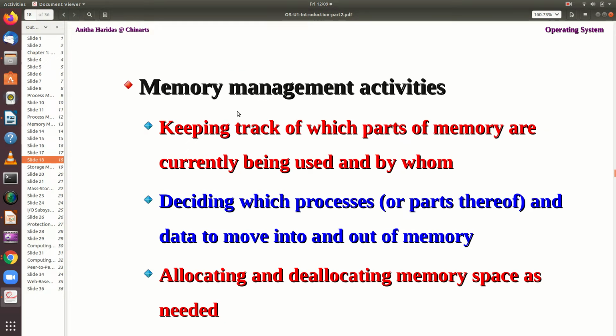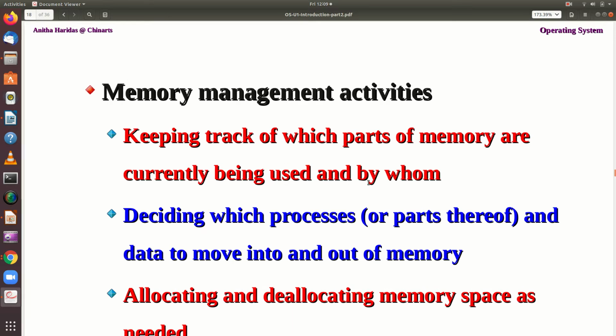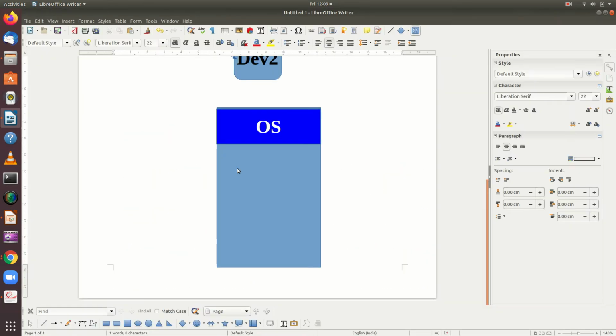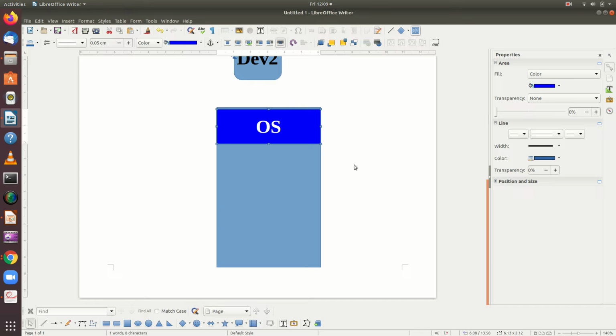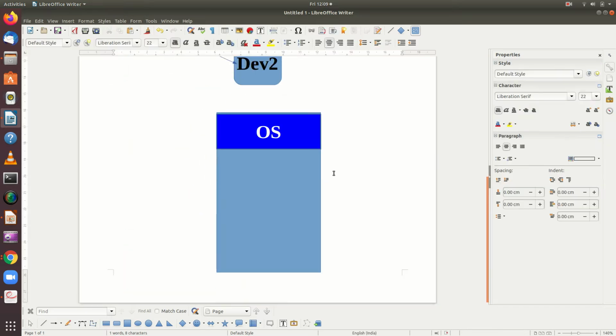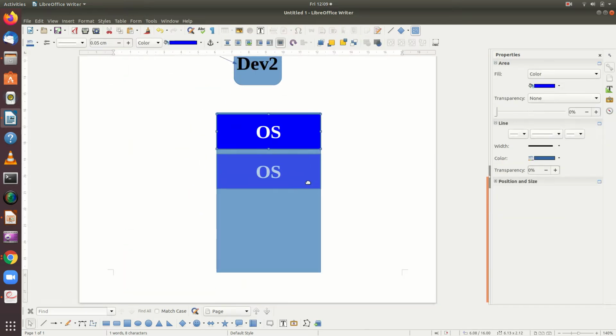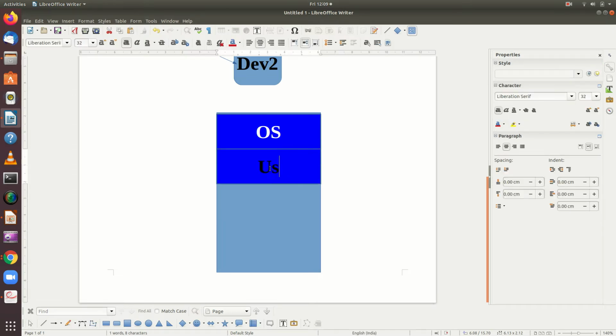Okay, so what it says, it has to keep track of which part of the memory is currently being used and by whom. So what it will do, it will allocate. So user process 1 will be here, user process 1.